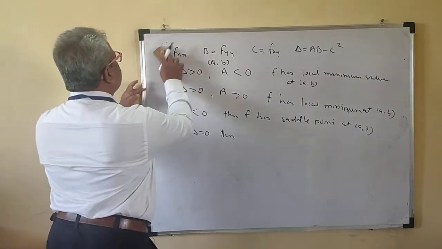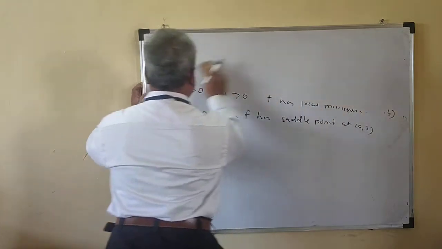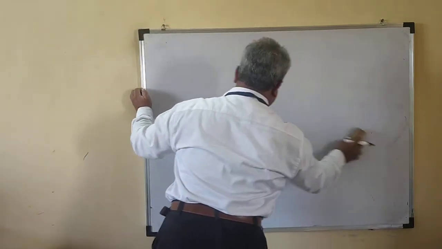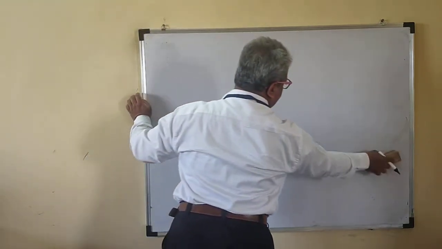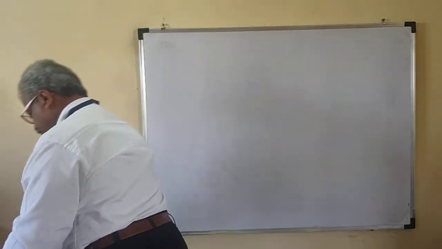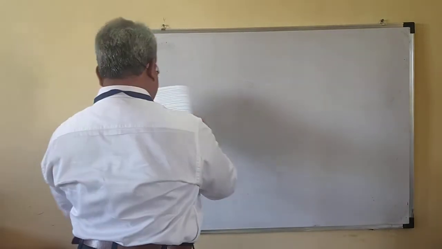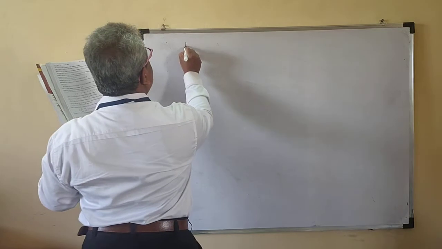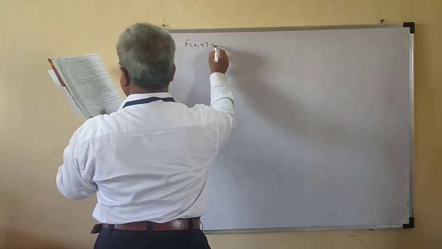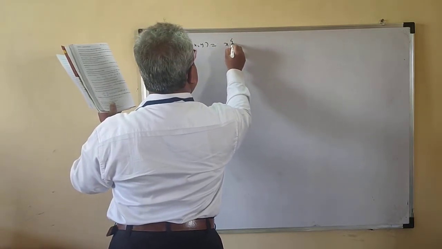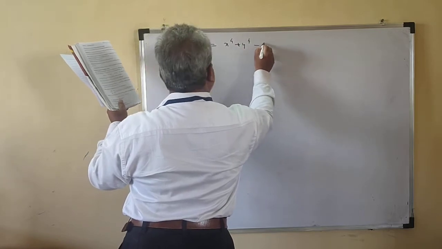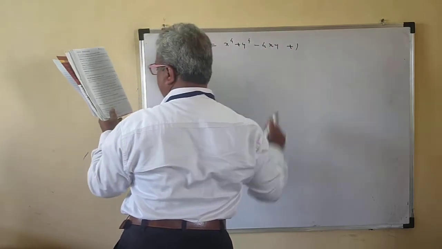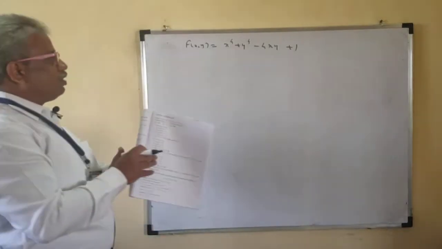Okay. So how will the question be asked on this? The question will be very easy here. Only 2-3 types of questions will be asked. Suppose we are given the function f(x, y) equals x raised to 4 plus y raised to 4 minus 4xy plus 1. Okay. So suppose this is a function.